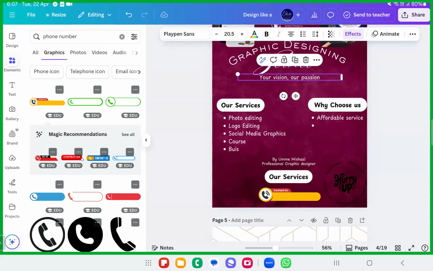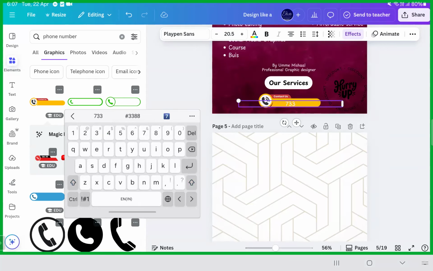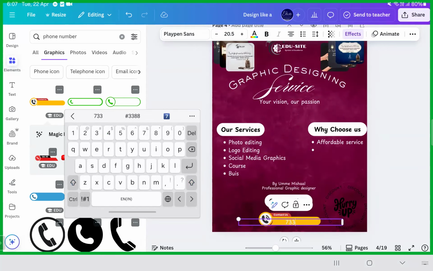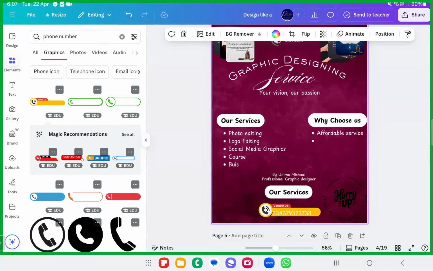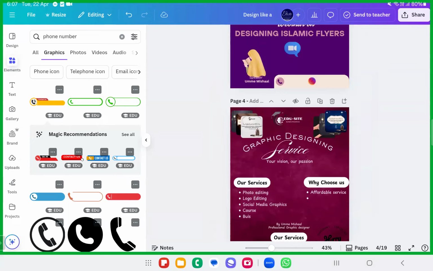Got it? Hopefully you all have understood this. It can be excellently done. Yes, sisters and brothers, inshallah. Change the colors, change the color palette, and you can just add your phone numbers through this. And then this is done. I want to see beautiful photo editing services, service flyers created by you all, inshallah, after this session. I can just write some number and add it over here. Something like this. Done. So this is one such flyer that was created.